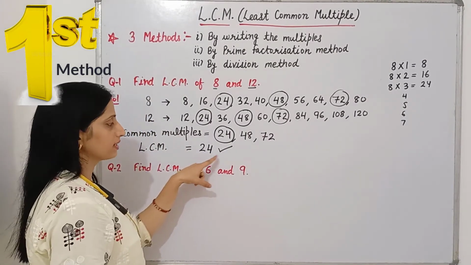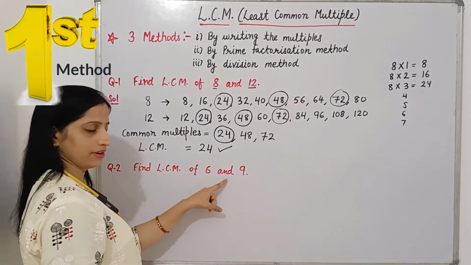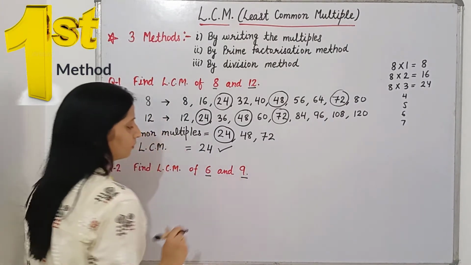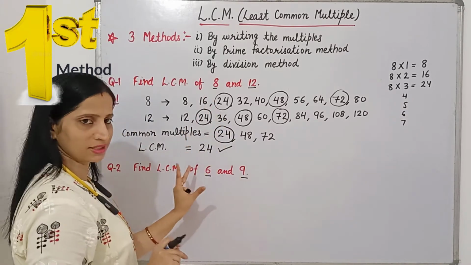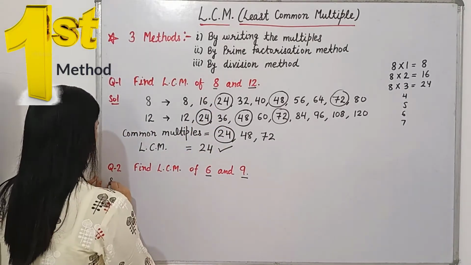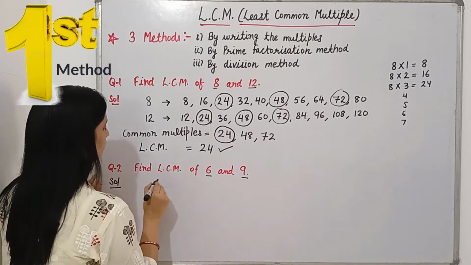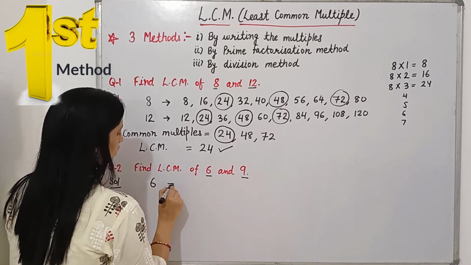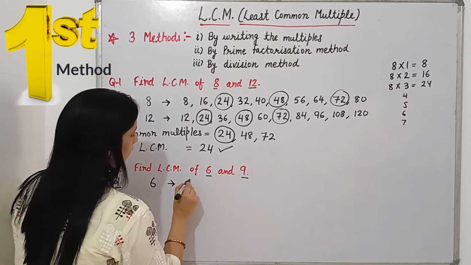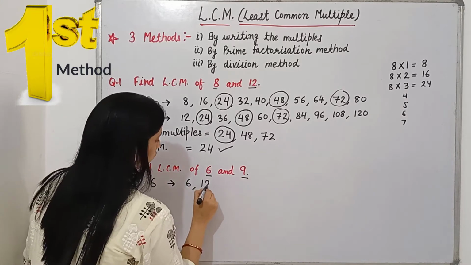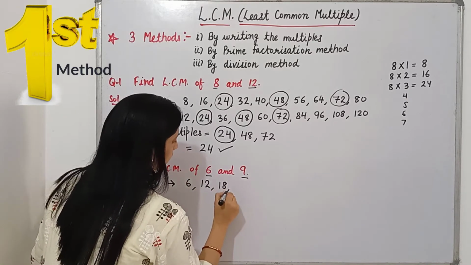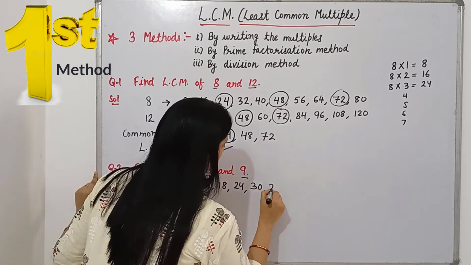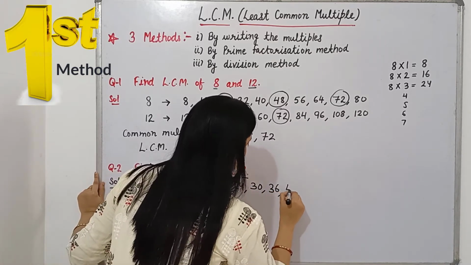Now by the same method we will do this second one. Here we have to find out the LCM of 6 and 9. So again we will use this method. Our first step is to write down the multiples of the given numbers. First I am writing the multiples of 6. It is 6, 12, 18, 24, 30, 36,